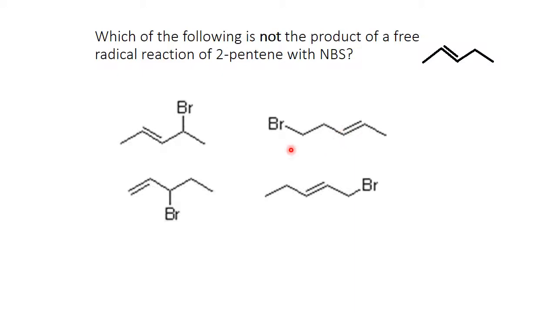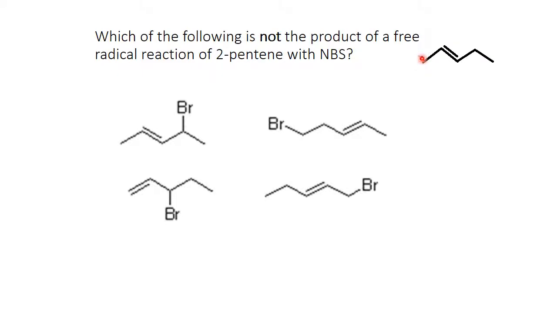First thing, notice, this bromine is not allylic to this, so this would have a hard time forming. This is allylic to this double bond, but the double bond is in the 1 position, not in the 2 position. How could that happen? Well, this 2-pentene, when it forms a free radical, is stabilized by resonance. So the resonance puts the free radical here on the number 1 carbon with the double bond on the number